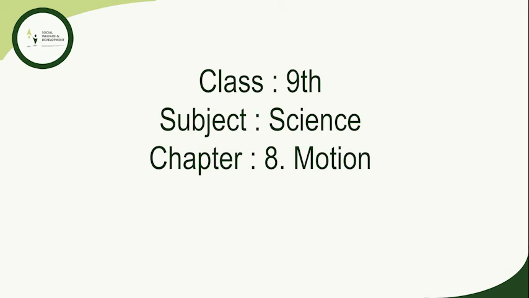Here ends our chapter, that is motion. Now we will see what we have learnt up till now. Motion is a change of position. It can be described in terms of distance moved or displacement. Motion of an object could be uniform or non-uniform depending on whether its velocity is constant or changing. The speed of an object is distance covered per unit time, and the velocity is the displacement per unit time. The acceleration of an object is the change in velocity per unit time. Uniform and non-uniform motions of an object can be shown through graphs.